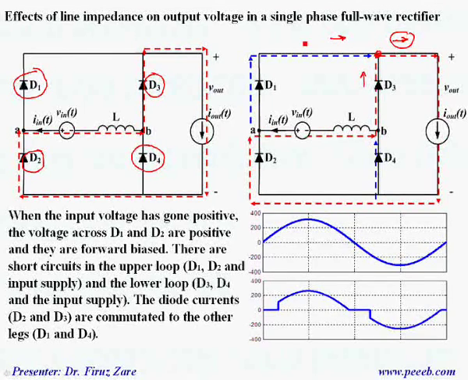So when this current is increasing, the other current is decreasing. The input voltage appears across the line inductor, and then we have two short circuits. One is because of the positive half cycle, the other because of the negative half cycle,